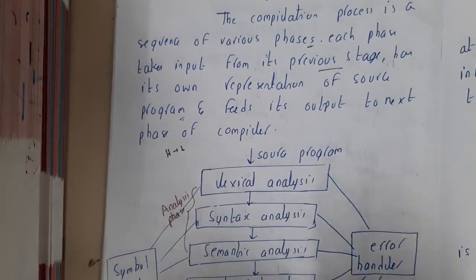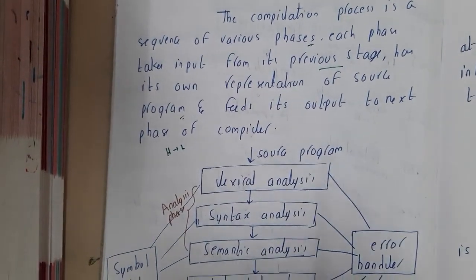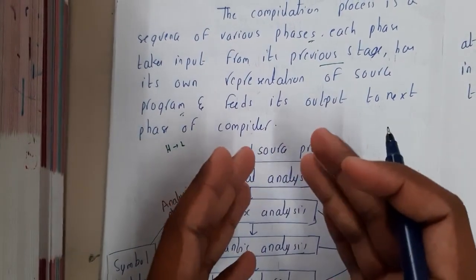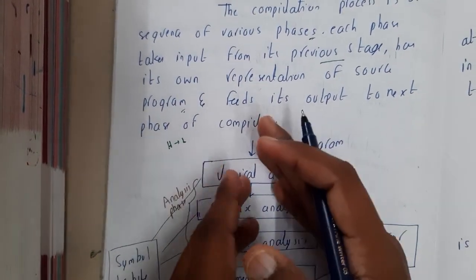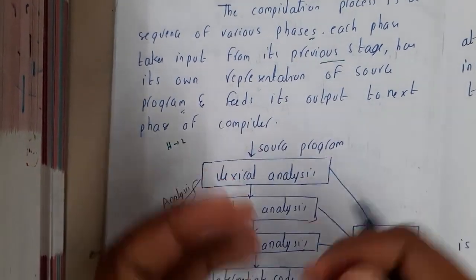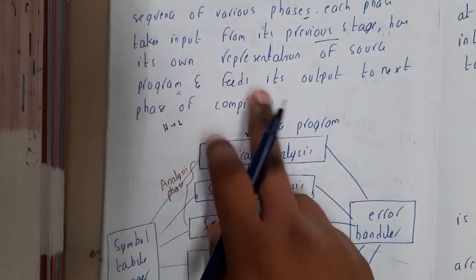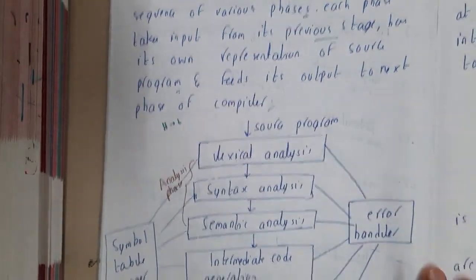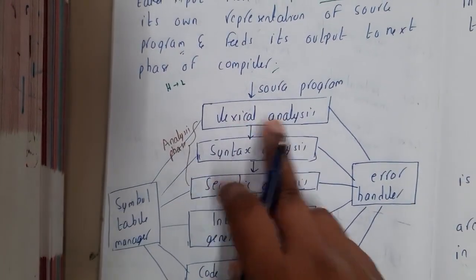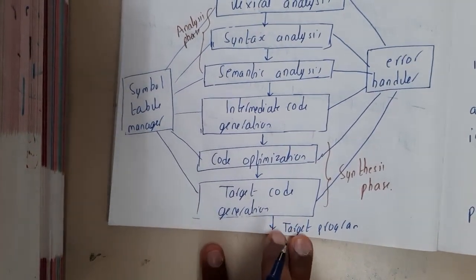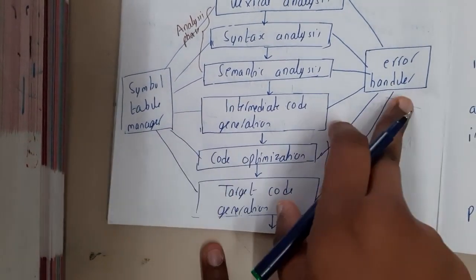So can we directly convert it, guys? No. In between, you will be representing the same language in different formats, and slowly you will be moving on to the lower level language, guys. In that way, it will be moving on. We'll be starting with the source program, lexical analysis, syntax analysis, semantic analysis, intermediate code generation, code optimization, target code generation. At the end, you'll be getting the target code, along with the symbol table and error handler.